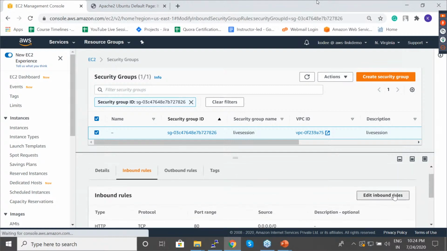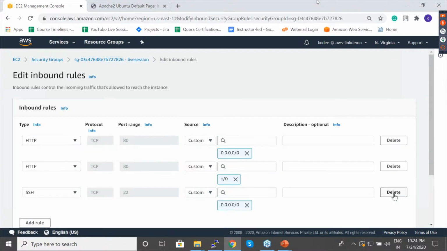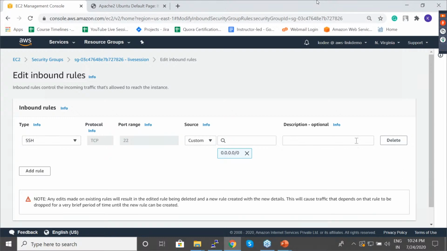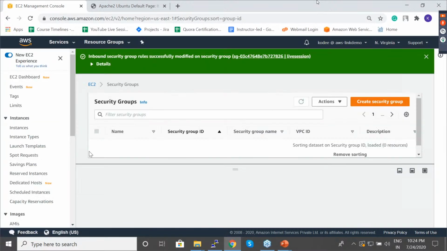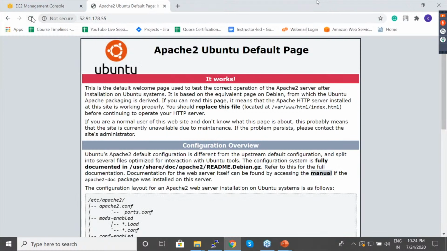So I'm going to edit inbound rules. Let's just delete HTTP and save this. Done. Going back to instances. Now if I refresh, I should not be able to see this web page because this server does not allow port number 80 to be accessed from the internet.